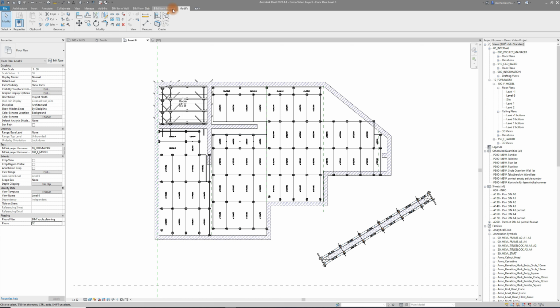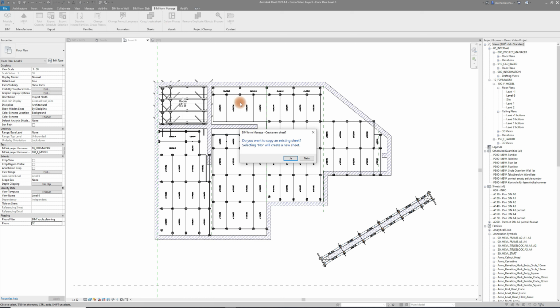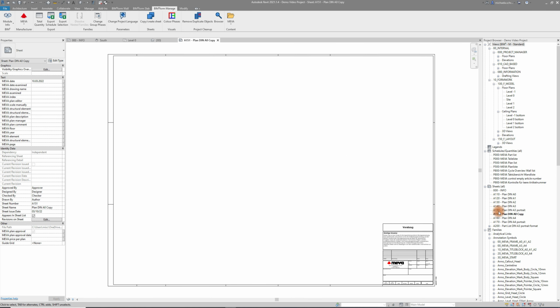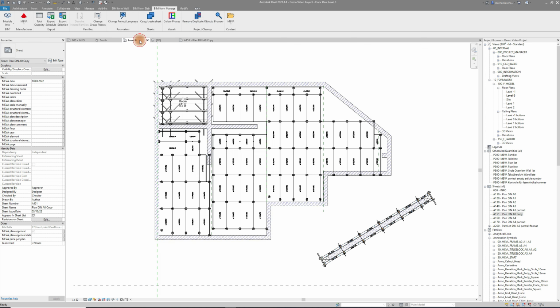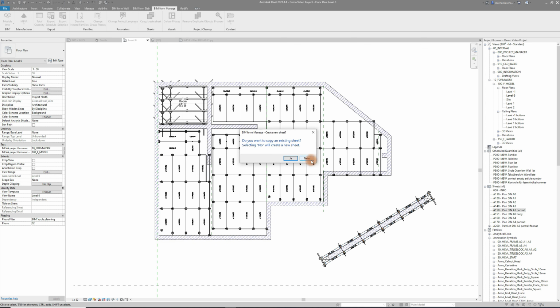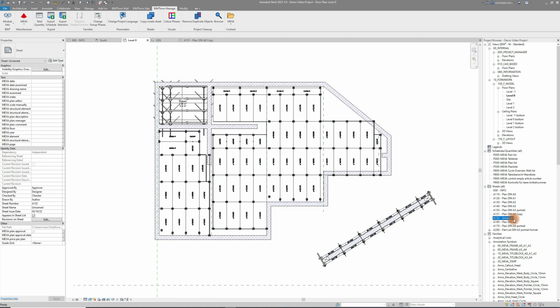Our command copy or create sheet is a simplification of multiple steps you would have to take in Revit to create plans if this command didn't exist, which is just super convenient. The command enables you to either copy an existing sheet or create a new one. For copying, click yes, select the preferred one and give it a name, and it will then show here in the list of sheets in the project browser. Or we could also create a new one by clicking no, filling out the information, and it will also show in the project browser. Ours is this one because we didn't give it a name.